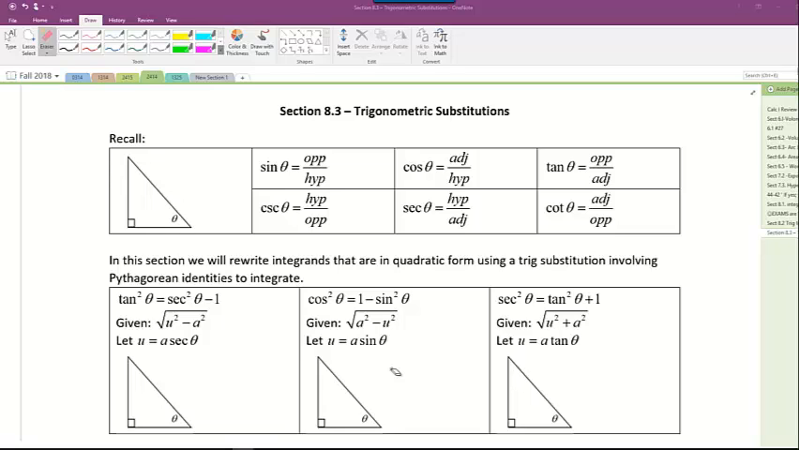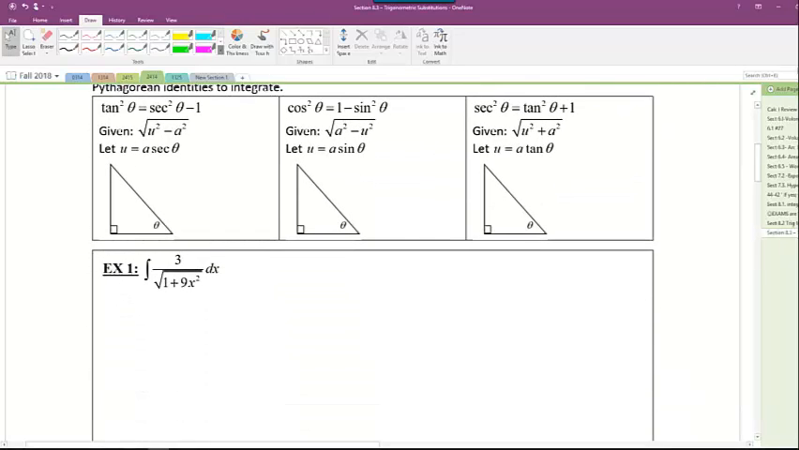Section 8.3 deals with trig substitutions. The goal in this section is to rewrite integrals that contain radicals and polynomials in quadratic form into something trigonometric that we can evaluate. So what we're looking at is replacing the variable in the integral with a trig function